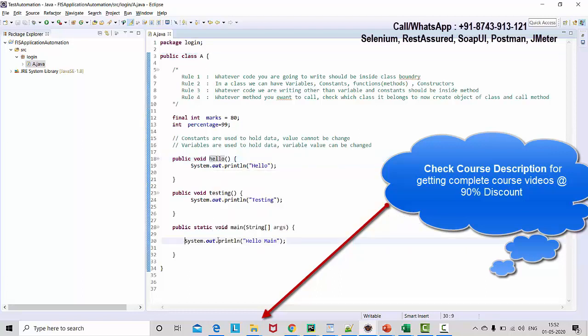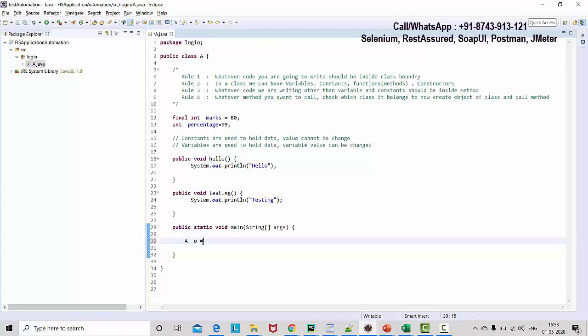Now I'll go to the main because by default main will execute. I have to create an object of the class A, and by that object we can call these methods. Okay, how to create an object? First of all, which class object do you want to create? A, class, space. What is the object name you want to give? You can give any name. I'm just giving O, space, equals, new, class name, brackets, semicolon. So that is the syntax to create an object of any class. Here we are creating an object of the class A. Object name is O. New is the keyword, A is the class name, and brackets. So we have created an object of the class A.